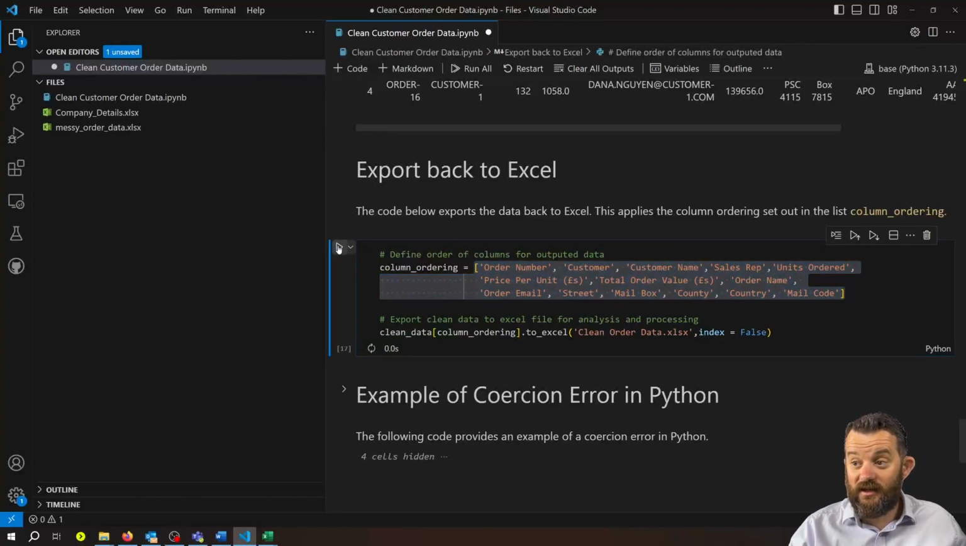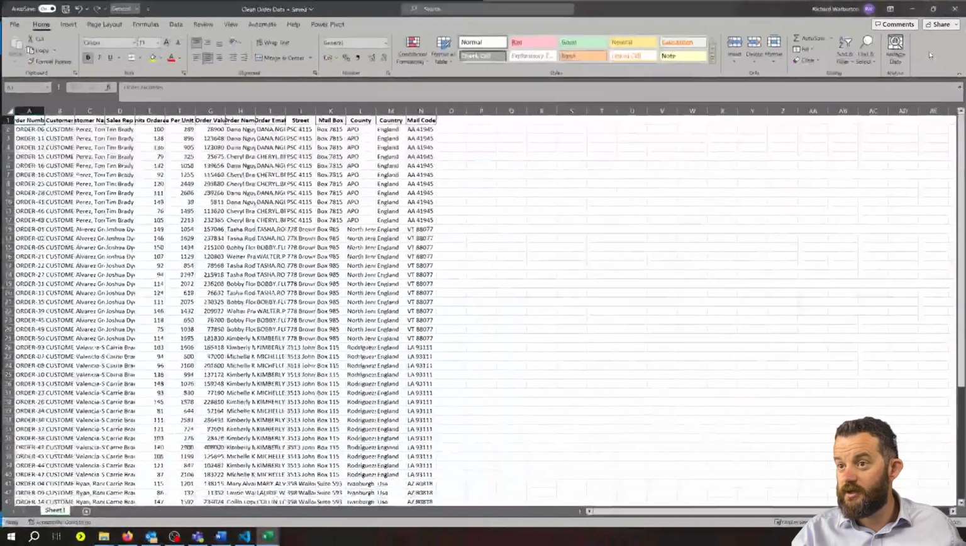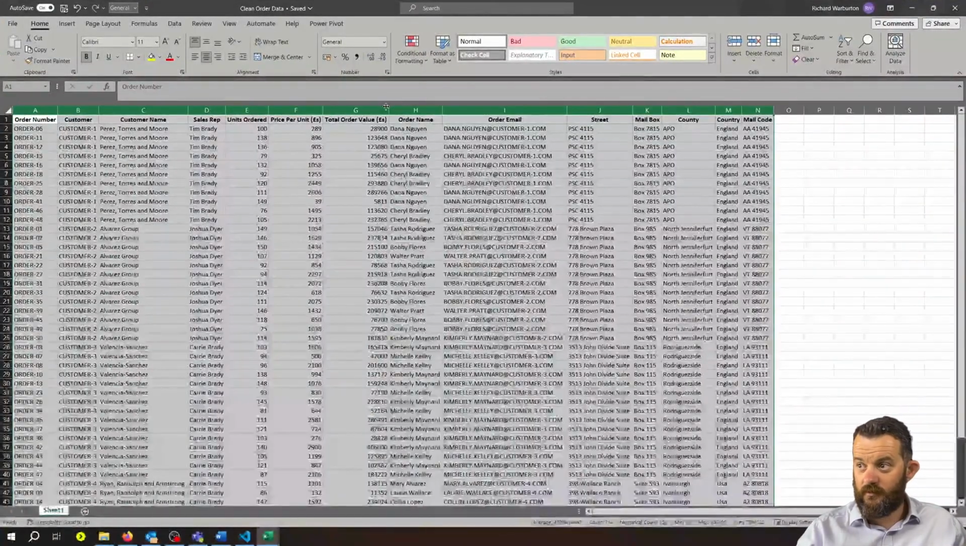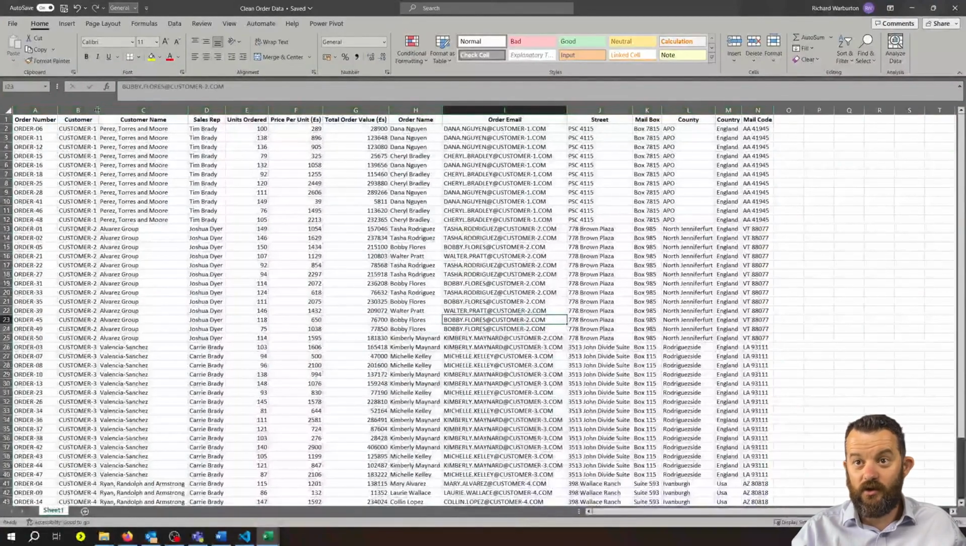As before, I've set the index value to false so that it doesn't output the indices of the rows into Excel, and that will output the data for us. In fact, you can see here that having run that cell, it has created the clean order data in the folder that we are working in. So I'm just very quickly going to open that file up, bring that on from another screen, and you can see here that we've got all the data in our data frame in the order specified,